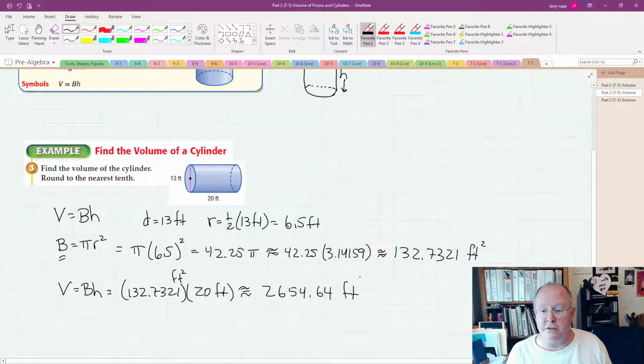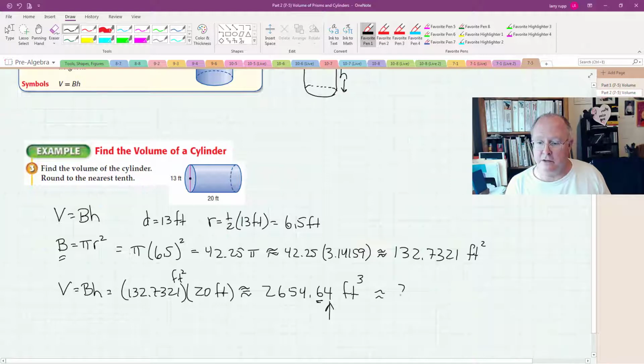times feet is feet to the 2 plus 1, or cubic feet. Now they want us to round to the nearest tenth. So we look at the 4 here. I should do that the other way. They want us to round to the nearest tenth, so we should look at the hundredths place, the 4. 4 is 4 or less, and therefore that means that the 6 stays the same. So our final answer then is 2,654.6